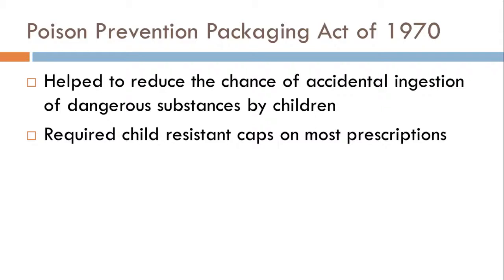Because a child isn't going to go through the time of getting open blister packs. As you and I know, sometimes it's hard to get a medication out of a blister pack anyway. So a child's not going to be able to eat 20 tablets of iron, because many of them come in those blister packs. And this required child-resistant caps on most prescriptions. So whenever you have trouble getting that prescription bottle open, it's a lot because of the Poison Prevention Packaging Act